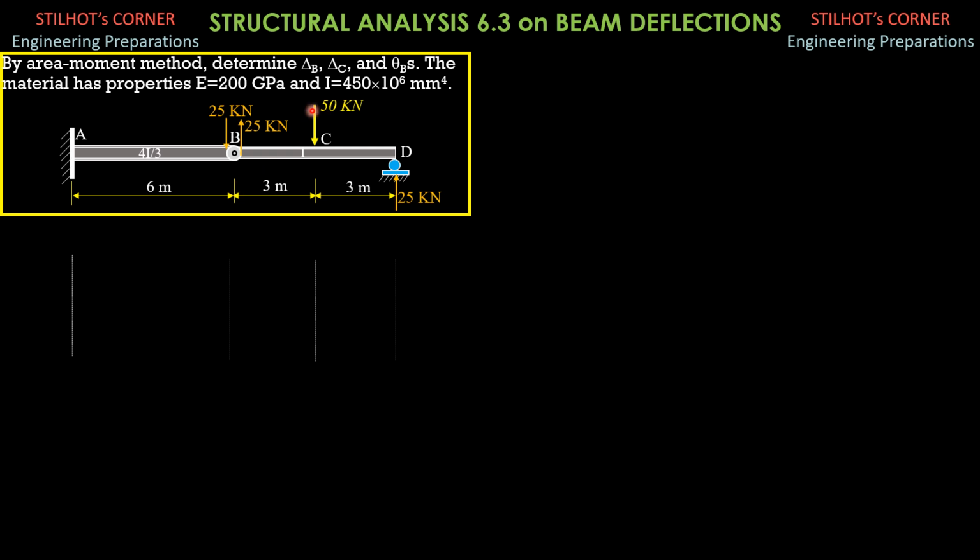So as I said, we have C here, 25 times 3, 75 over EI, while 25 times 6 is 150 divided by 4/3, so that would be 100. So this is 25 times 3, 75 over EI, and this 25 here times 6, I choose A as another moment center, is 150 divided by 4/3, so 112.5 over EI as shown in the figure. And this is a negative area.